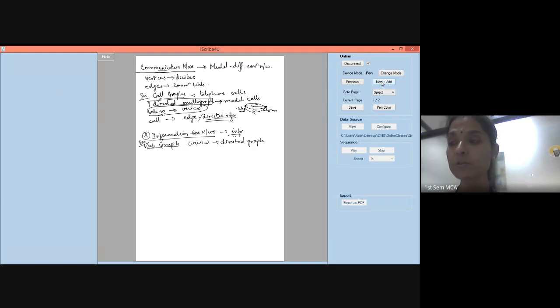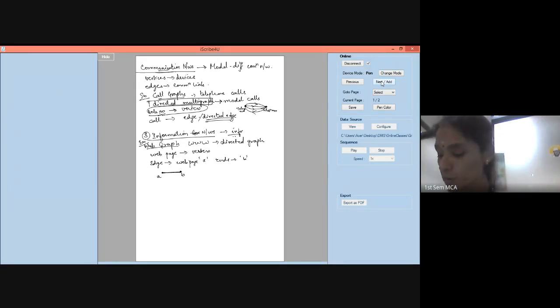When I say the World Wide Web is modeled as a directed graph, what will happen here? Every web page that you want to check is represented as a vertex, where an edge starts at web page A, let us say, and ends at web page B. That is an edge if there is a link from A to B. This is a web page, this is a web page. This edge represents that there is an edge that starts at web page A and ends at B. If you have a link between A and B, then that is how you show it.